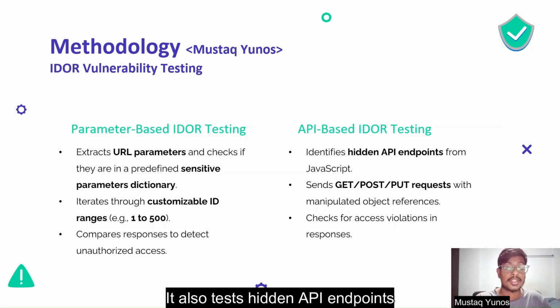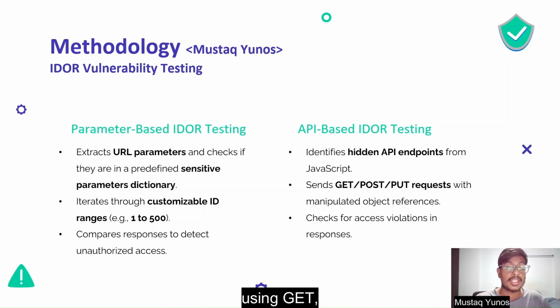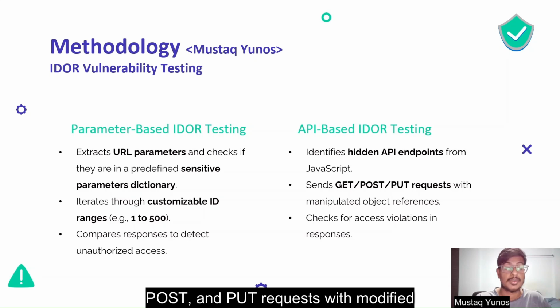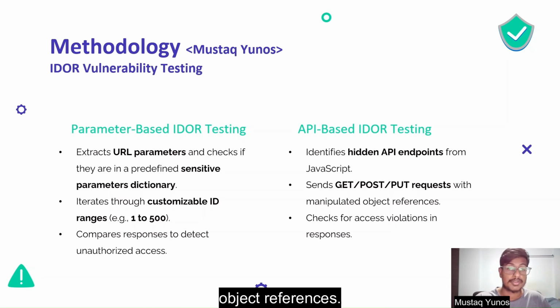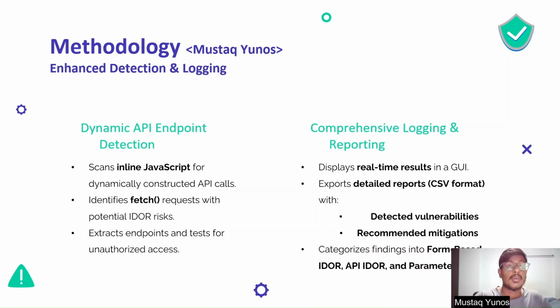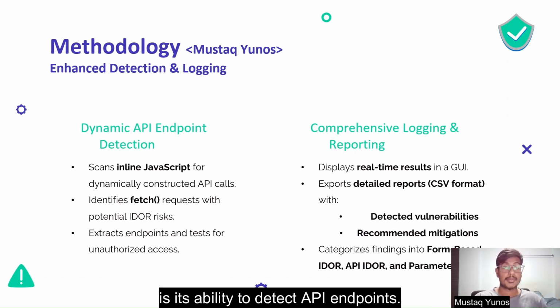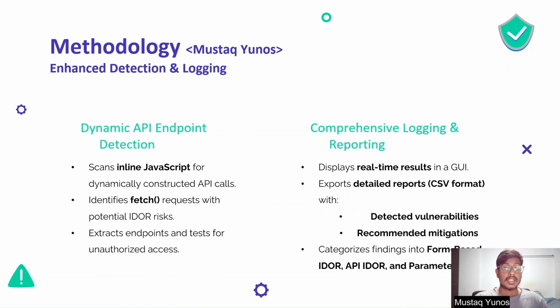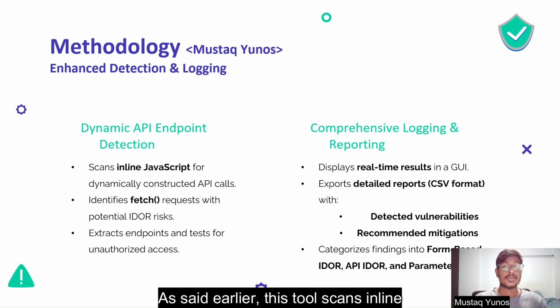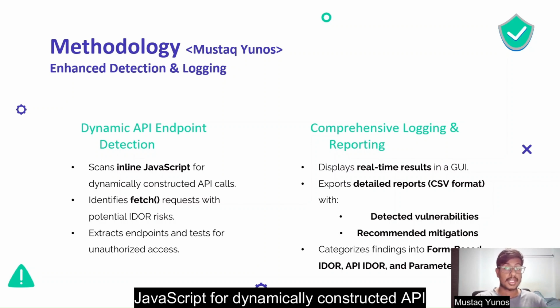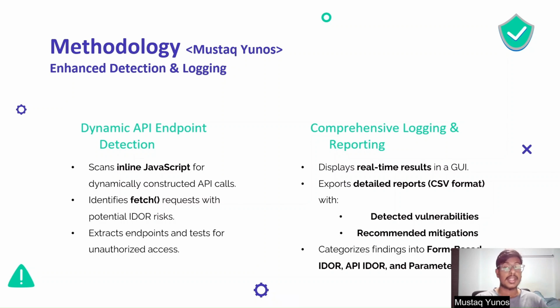It also tests hidden API endpoints using GET, POST, and PUT requests with modified object references. One of the key innovations of our IDORGuard is its ability to detect API endpoints. As said earlier, this tool scans inline JavaScript for dynamically constructed API calls, identifies fetch requests, and tests them for